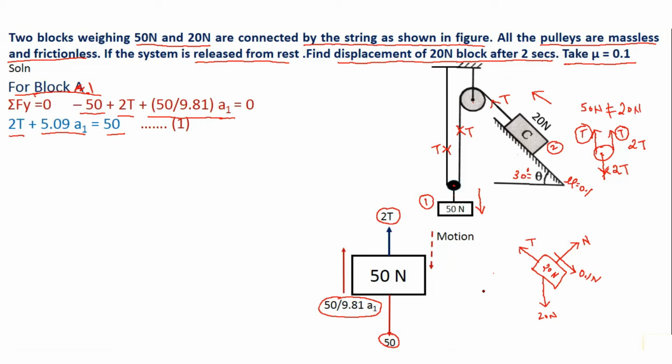Now, before applying conditions of equilibrium, we need to add one more force, that is the inertia force or the imaginary force in the direction opposite to the motion of the body. So opposite to the direction of motion means this direction, and the value will be 20 divided by 9.81 A2, because I need mass, not the weight, m into acceleration.